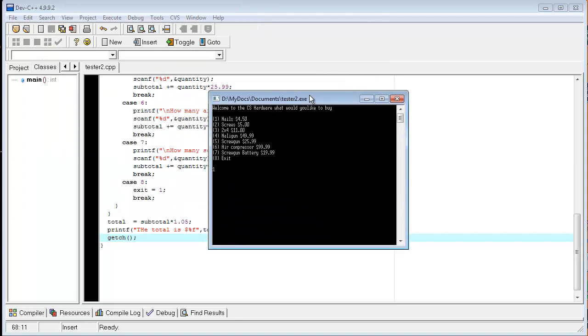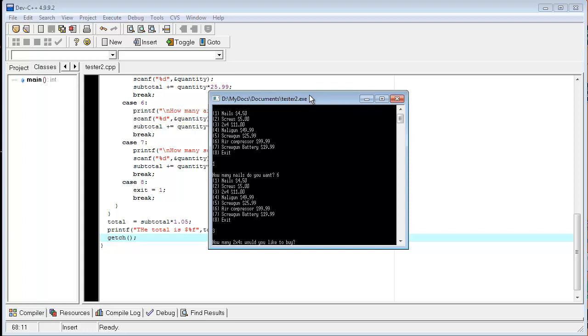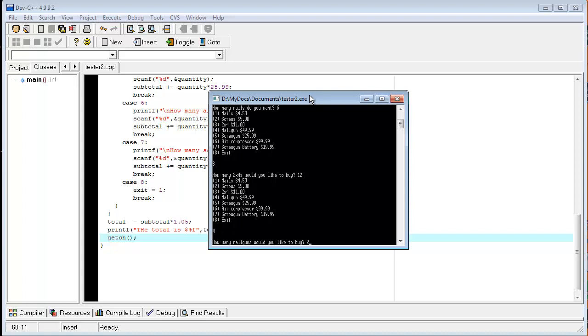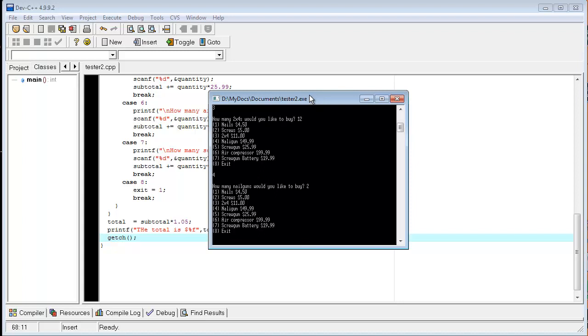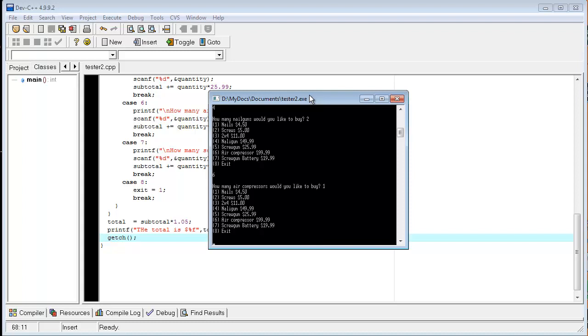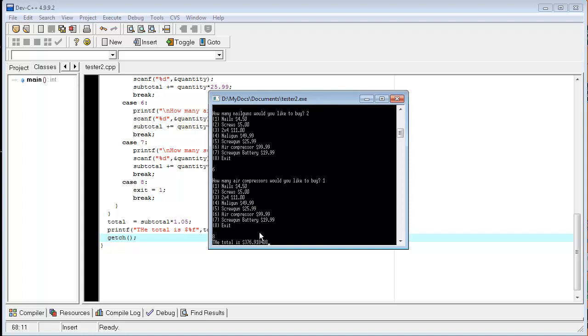So let's execute and run this code so I can show you guys what it's doing. We're going to buy some nails, and I'm going to buy 6 of them. As you guys can see, it's working pretty nicely now. It allows us to buy something else. I'm going to buy 12 2x4s because I've got a large construction project. And then I'm going to buy some nail guns. I'm going to buy 2 of them because Molded Steel, my partner, who's going to help me, is going to need a nail gun as well. And we're going to need an air compressor, because how else are you going to use the nail gun, right? So we're going to buy 1 air compressor because that's all we need. It'll power both of them. And then I'm going to exit the store, and there is my total,